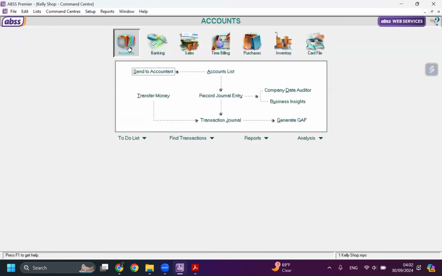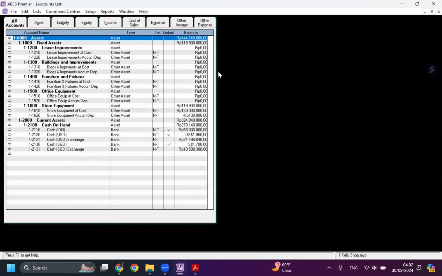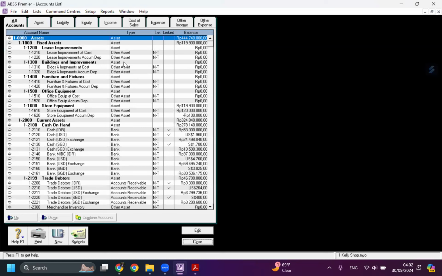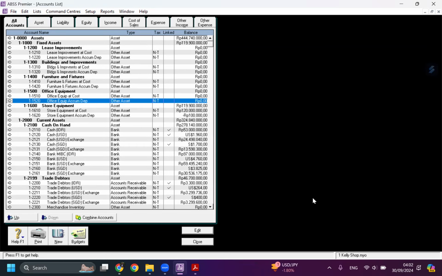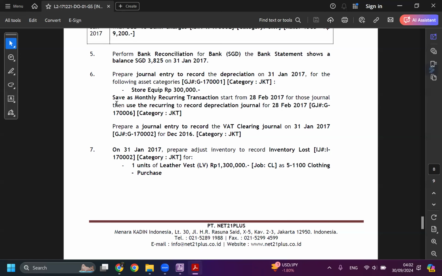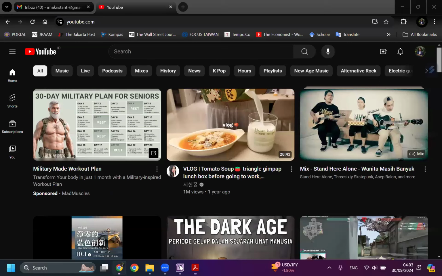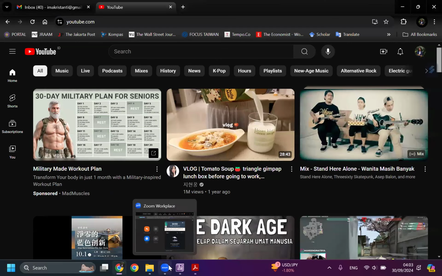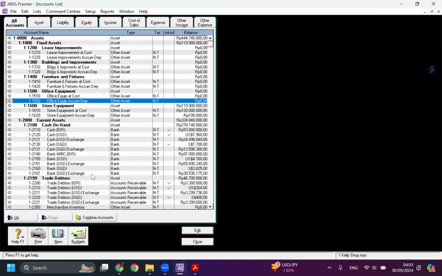So let's check the account first. Go to account list, and accumulated depreciation is usually here. Here is office equipment. Which one is it? Oh, store equipment.